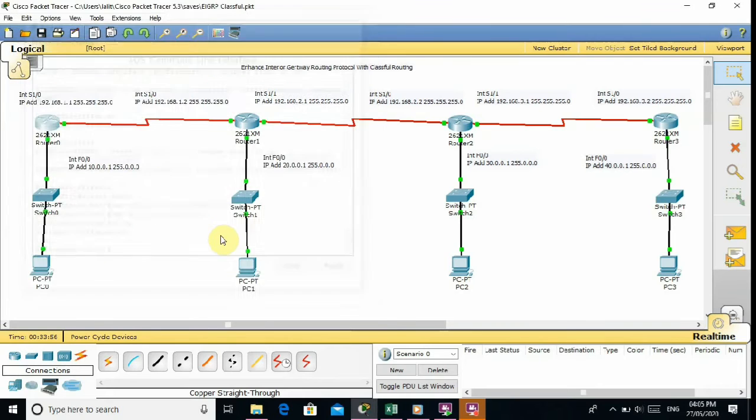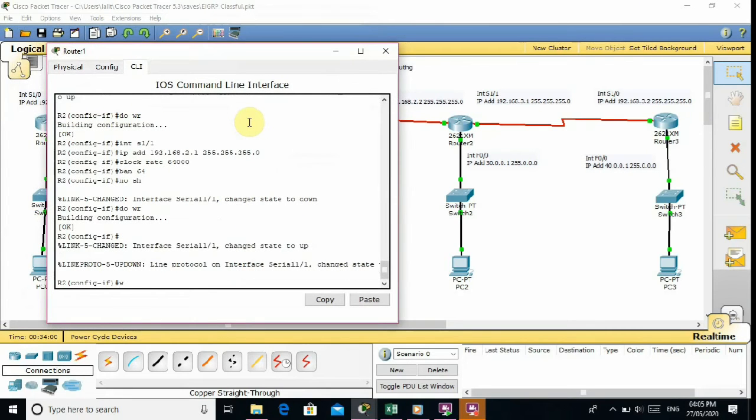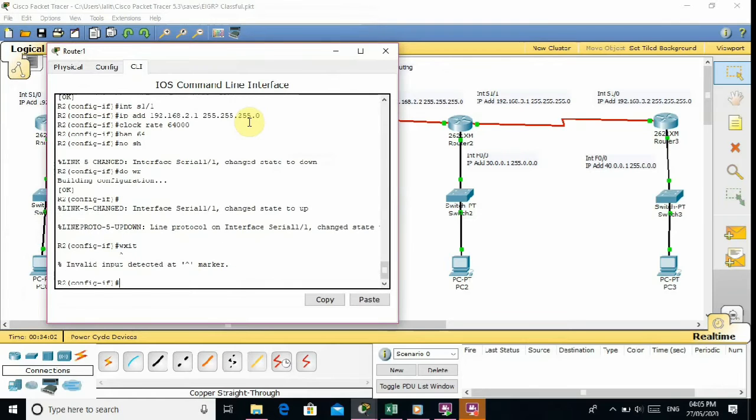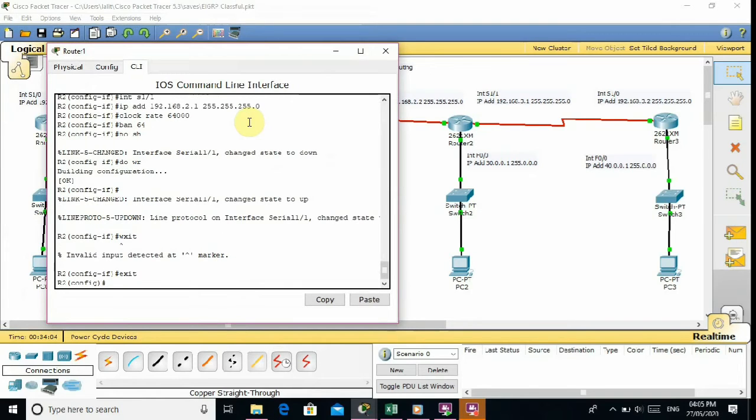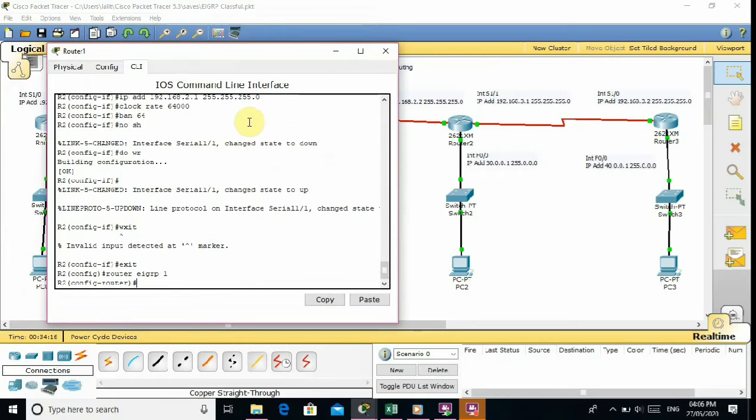This is the router first and this is the router second. Now I go from configuration terminal mode. Now I am typing router EIGRP 1. This is the group.